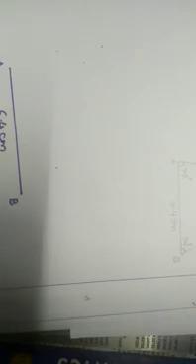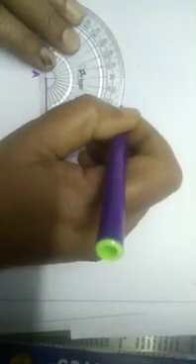Now take a protractor and put a dot on A. What is the measurement of A? 70 degree. So let us take 70 degree from here. From 0 we will start up to 70, see children. Put a light dot over there and draw one ray from A. In this way we have drawn, this is your 70 degree.